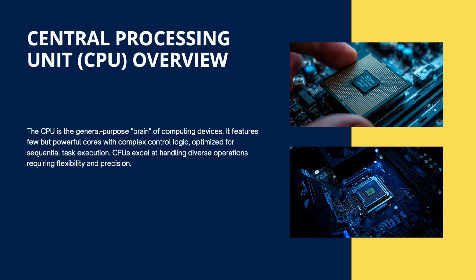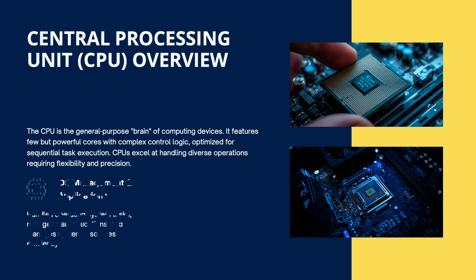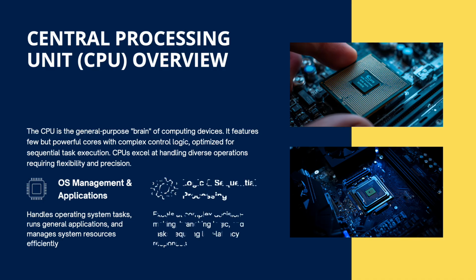Most common uses of CPUs are in OS management and applications, where it handles operating system tasks, runs general applications, and manages system resources efficiently. And in logic and sequential processing, where it excels at complex decision making, branching logic, and tasks requiring low latency